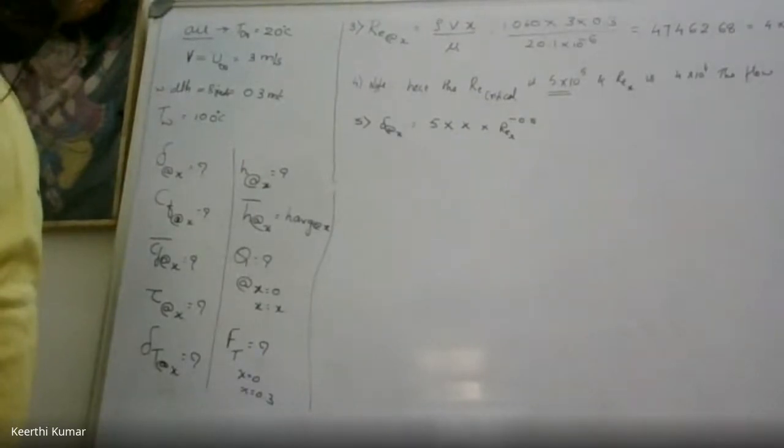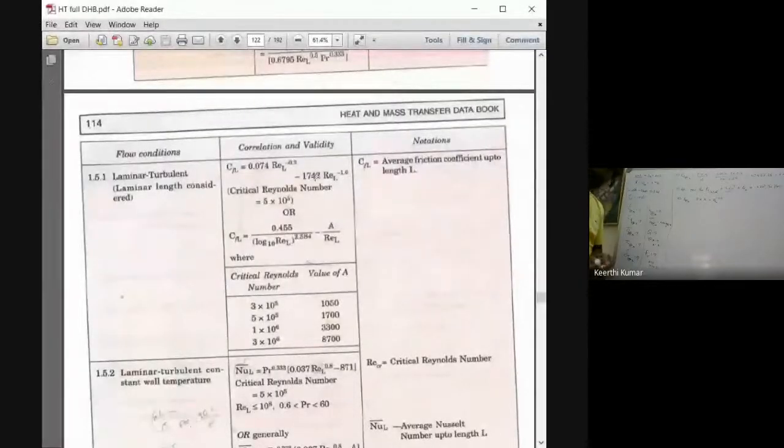Please open your data handbook and keep it in a separate window. Okay, anyhow, I'll project now, for the first few columns. Here he has given the critical Reynolds number. What is the meaning of critical Reynolds number? Below the value of this, it will be laminar flow. Above this, it will be turbulent flow. That is the meaning of that.